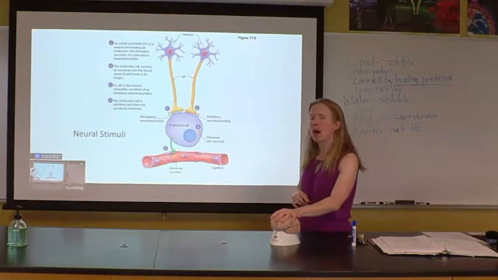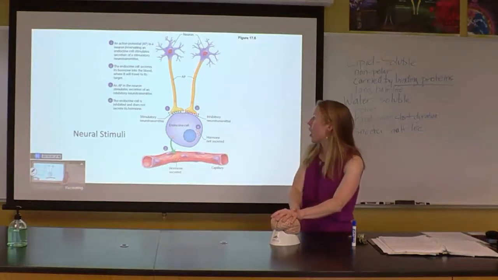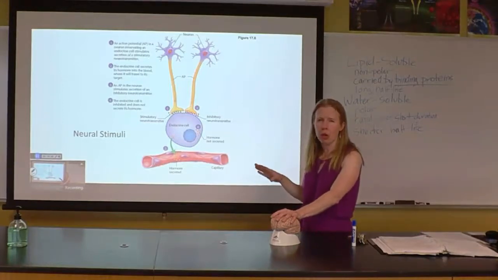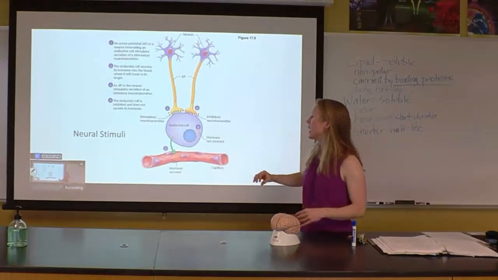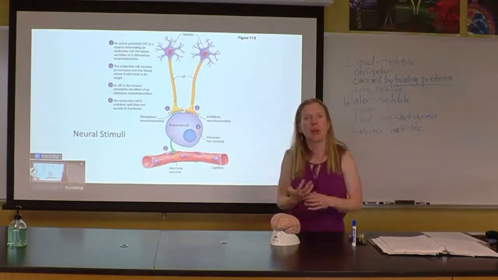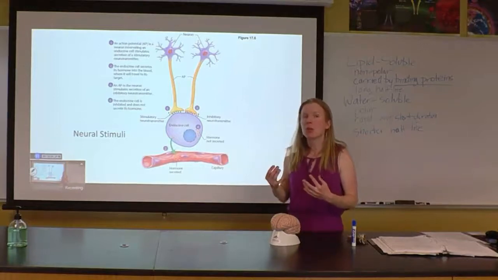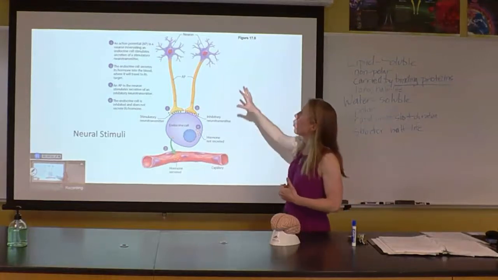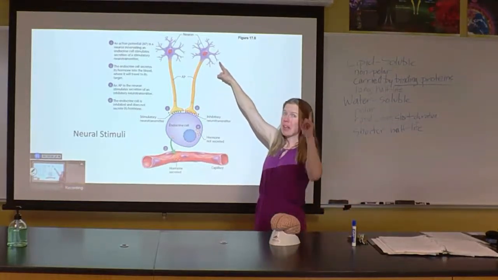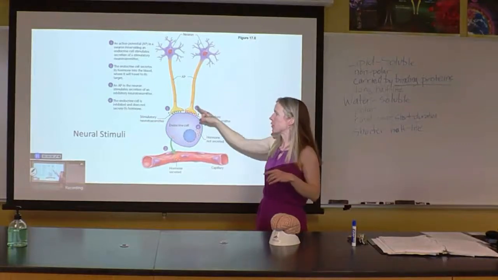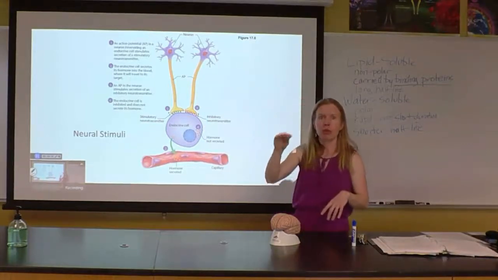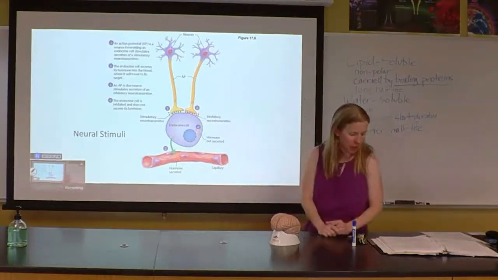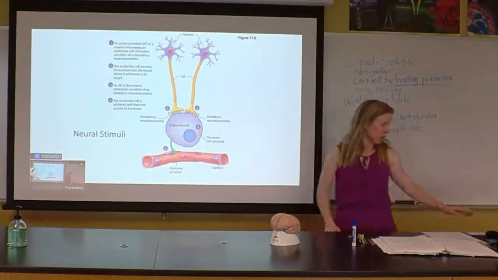This kind of goes back to that whole connection with the brain that I was talking about, right? So the big example here is actually the adrenal medulla. So we'll talk about the adrenal glands. They sit right on top of the kidneys, and they're what produce epinephrine, which is adrenaline, right? So this hormone that you need for a fight or flight response, right? You need it quickly. And so what we'll actually see is there's a neuron sitting way up in the hypothalamus in the brain. That axon reaches all the way down to the adrenal medulla, and the neurotransmitter release can actually cause the release of epinephrine into the blood. So that would be neural stimuli.